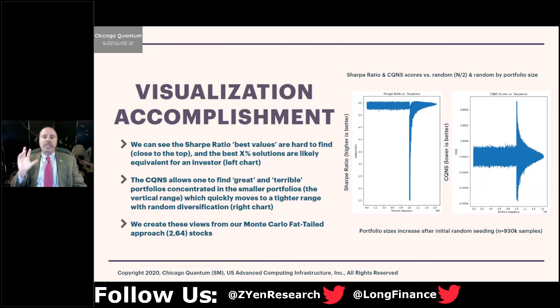We run this classically first for our clients to get a feel for where that best point is. This was actually run late last week for a client. Then you can start to focus in on, okay, how are we going to find those great portfolios? And does the client have interest in a 3-stock portfolio? Do they want to make a quick bet? Or are they looking for maybe 8 or 10 stocks to hold for 6 months to a year?